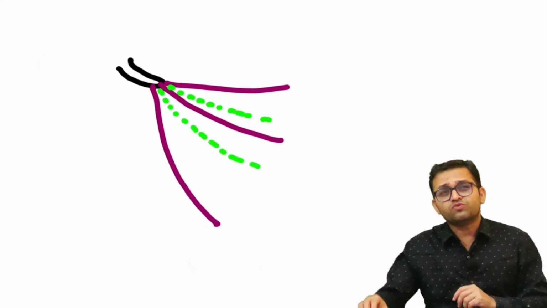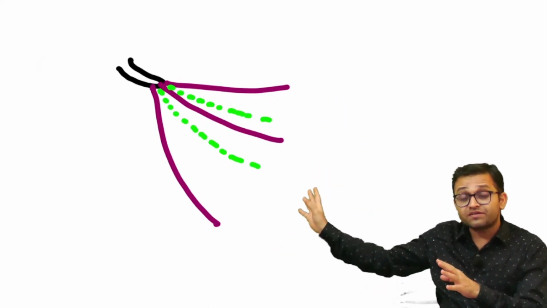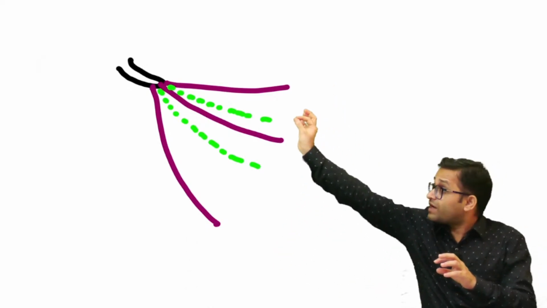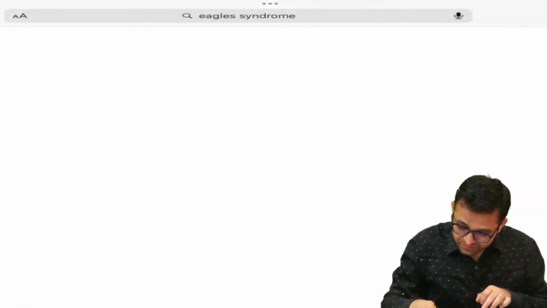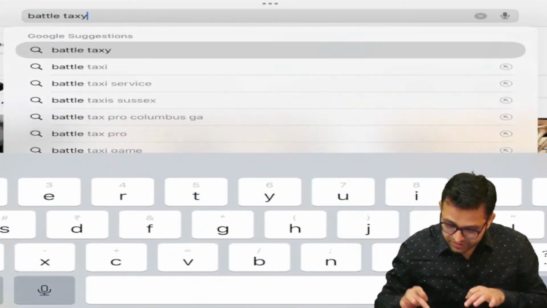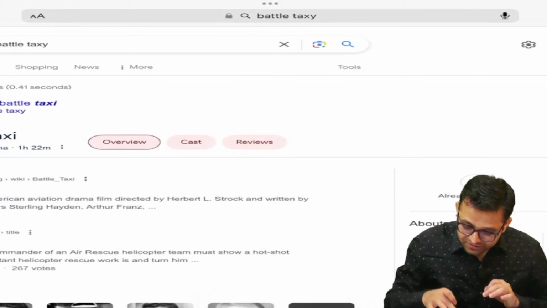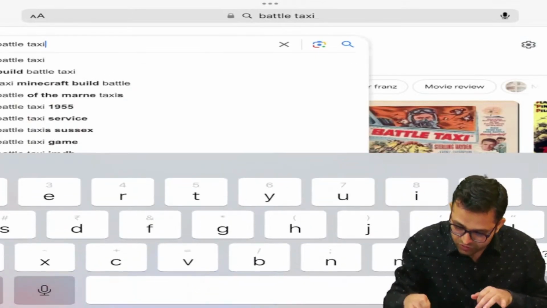So what I want to tell you is that there is one common attachment and diverse kinds of attachment, but these all are attached at one common point. You know the battle taxi, one very important point, battle taxi. Also you can say the reins of the chariot. Yes, I'm using another word.